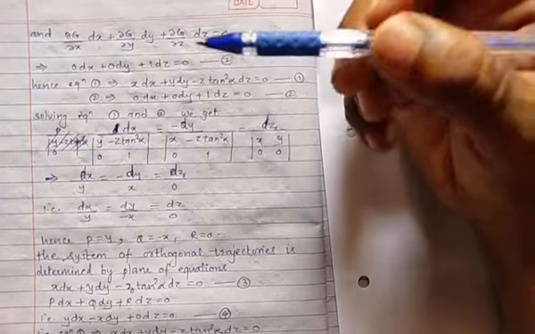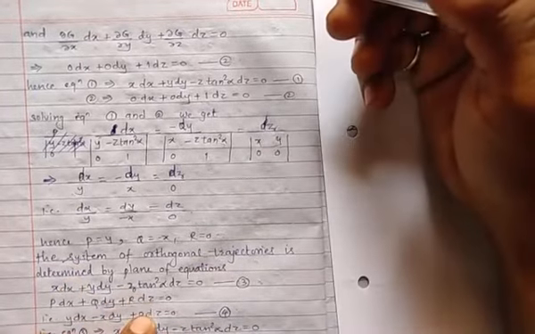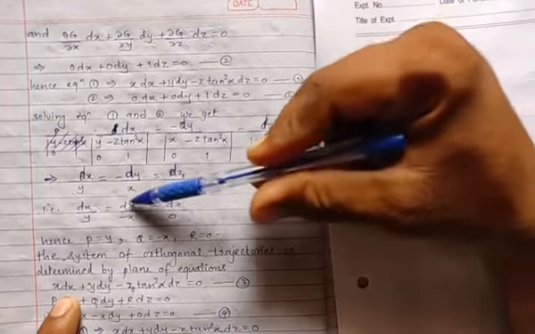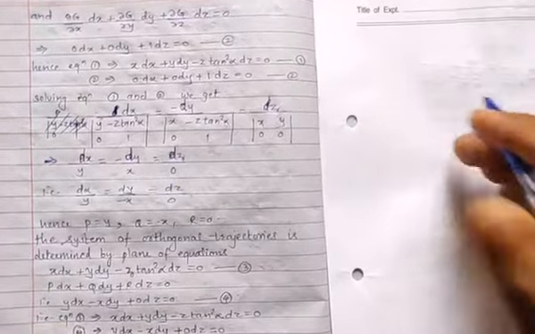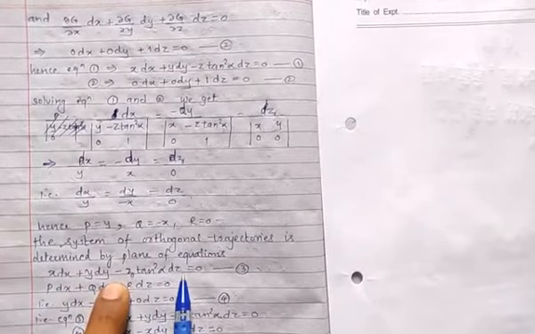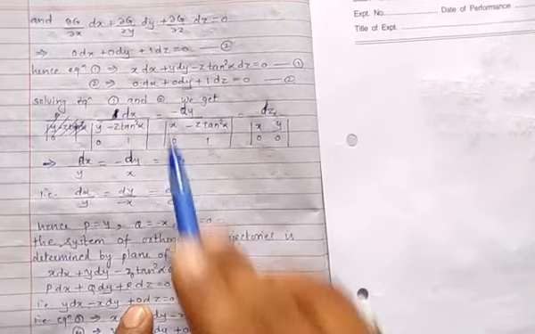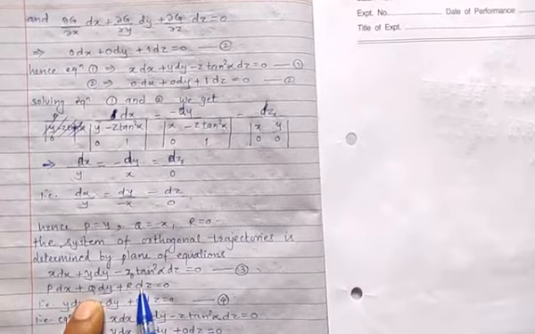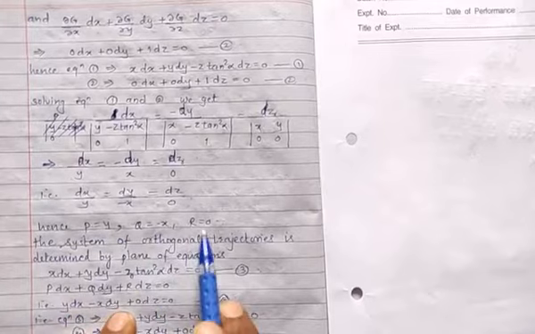What is its solution? Its solution is p dx plus q dy plus r dz is equal to 0. So here the value of p is y. Here take x dx plus y dy minus z tan square alpha into dz is equal to 0. Take the first equation as it is, and take the second equation, which is p dx plus q dy plus r dz is equal to 0. So the value of p is y, q is minus x, and r is 0.